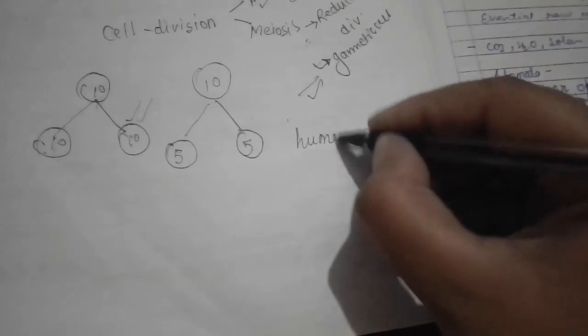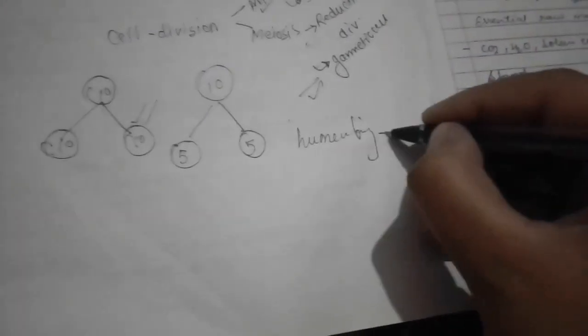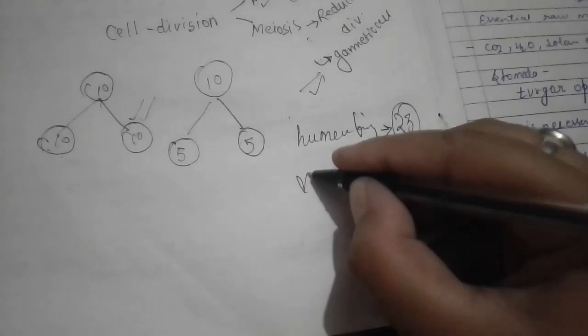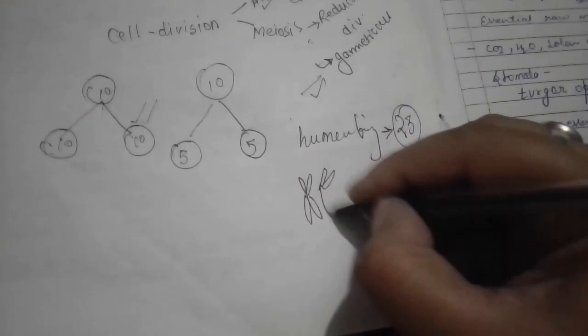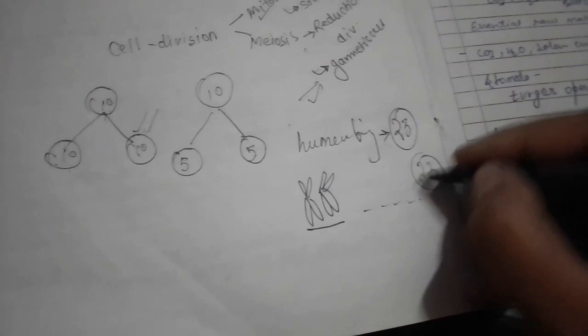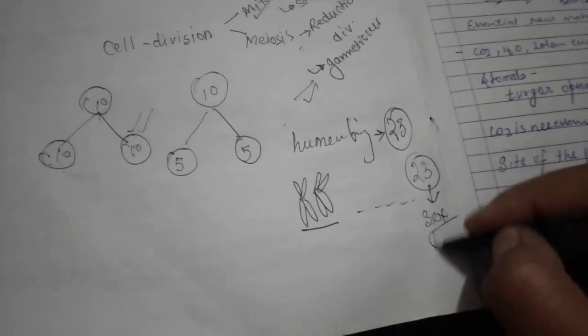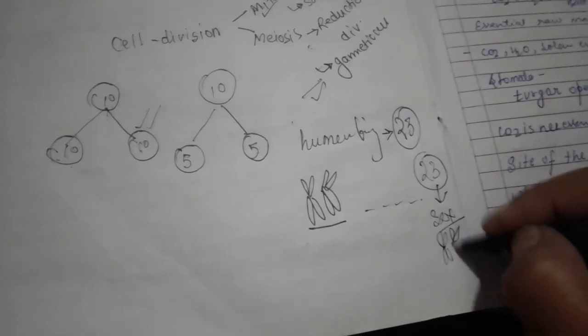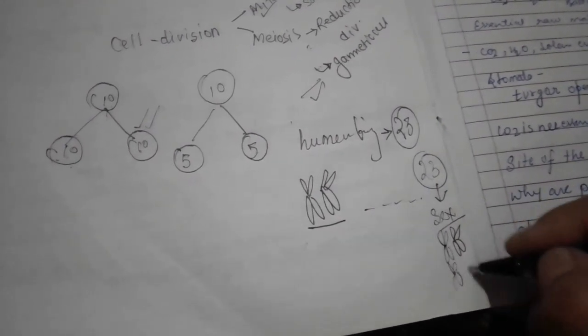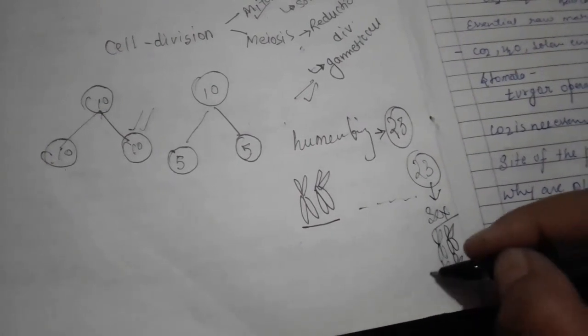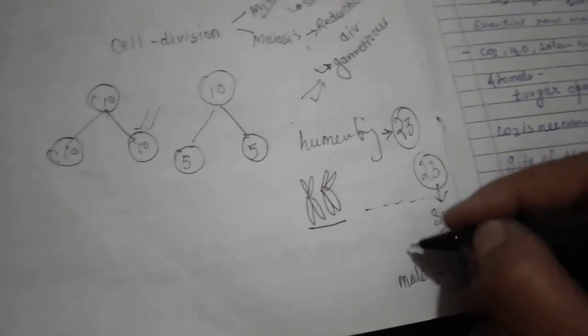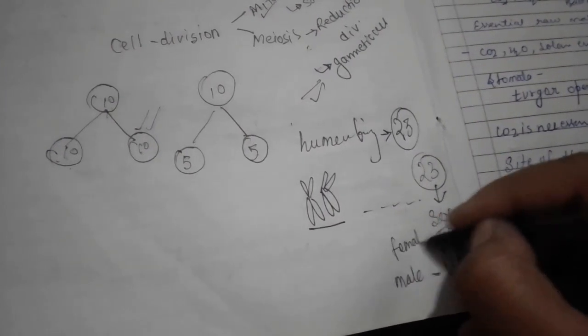And if you see in case of the human being, the number of chromosomes is 23, meaning they are present in pairs, 23 pairs. So that is one pair. Likewise, they have all 23 pairs. The last pair of chromosomes is known as the sex chromosome. They are either X and X or X and Y. In case of the male, they are XY, and in case of the female, they are X and X.